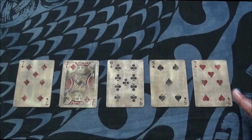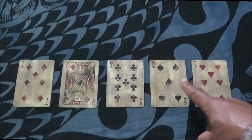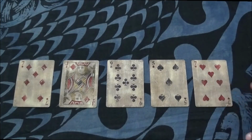Now, I talked about this card being the second time around, or a second chance, right? So this could just be giving yourself another chance, right? If we talk about the relationship we're having with ourselves, how can we be giving ourselves another chance at something? Maybe another chance to do something differently than the way we did before. So again, the 7 of Hearts can represent improving a relationship, healing a relationship, being given a second chance, or taking a second chance at something, or another attempt, a second attempt,